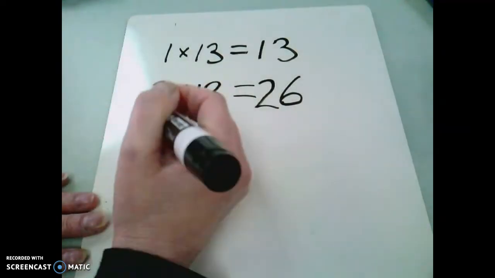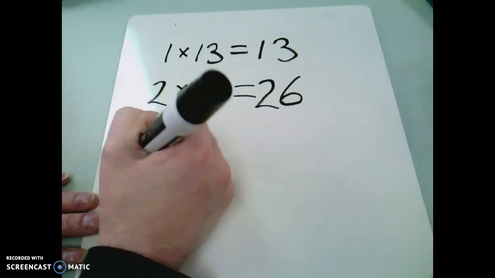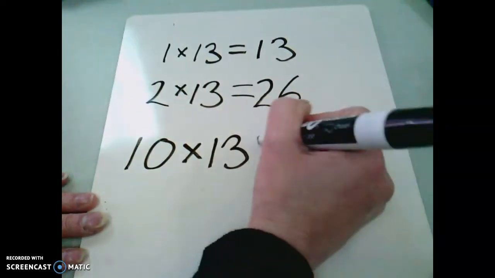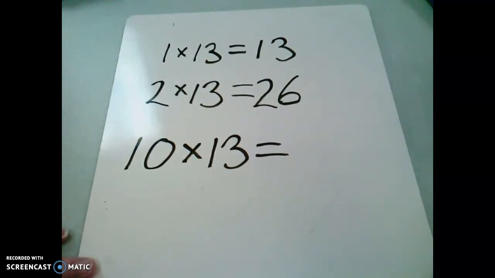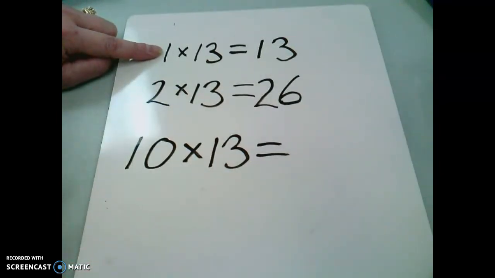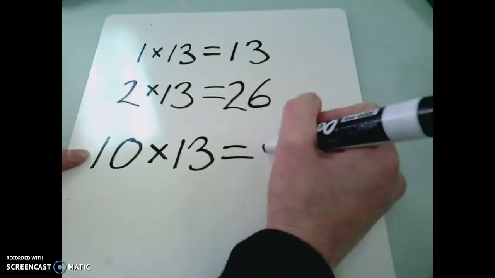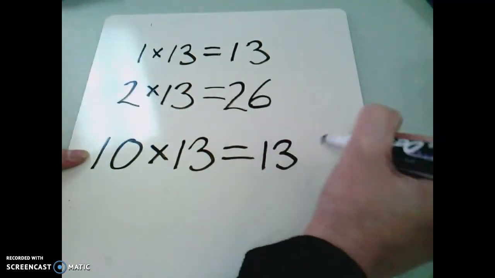Now, what if I make a big jump? What if I say 10 times 13 equals what number? Well, I already know what 1 times 13 is, so this time it's 10 times 13, so it's going to be 130,